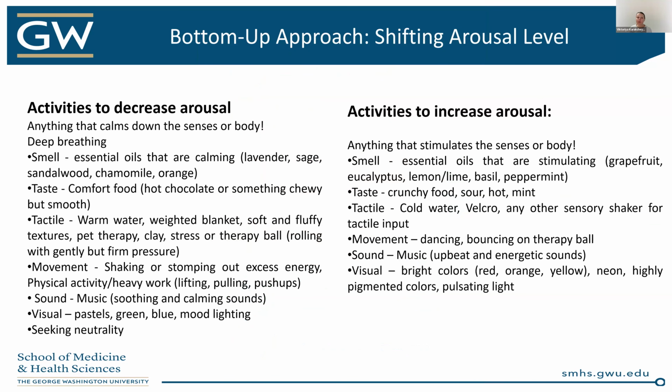This is what I call a bottom-up approach, because it helps us to really work with our senses and our body. So we're not working with our cognition, we are working with our somatic responses, right? Because our body holds the stress and manifests that we are stressed very often much faster before we realize that that's what's happening. So activities that typically decrease that stress arousal, that fight or flight response, is really anything that calms our system down. Deep breathing,